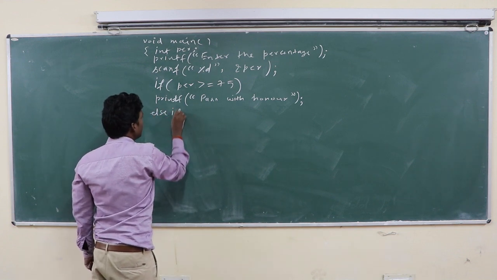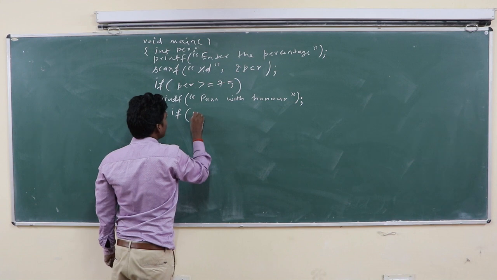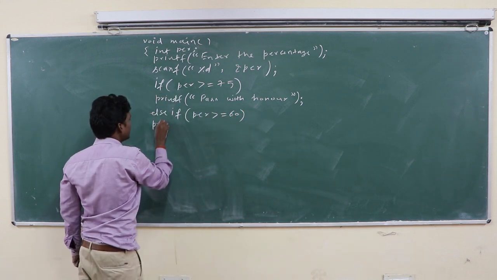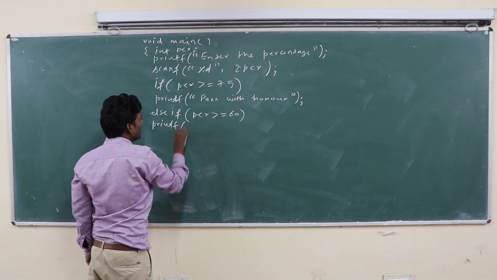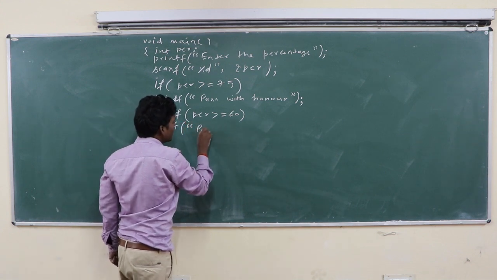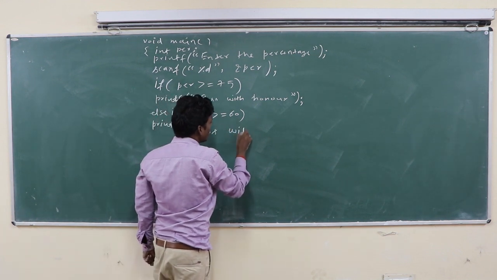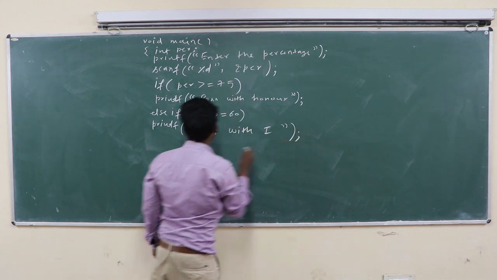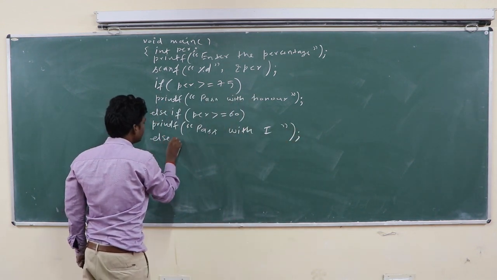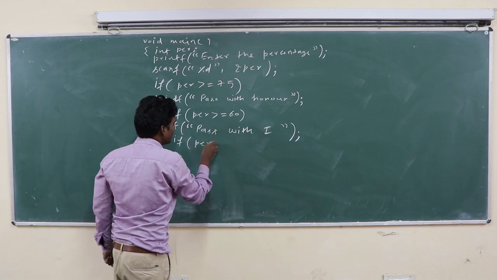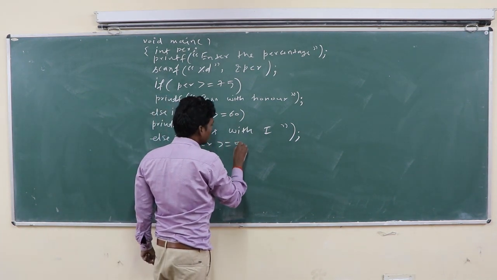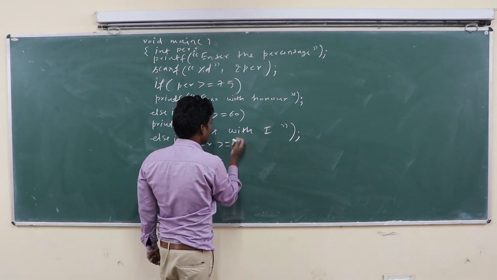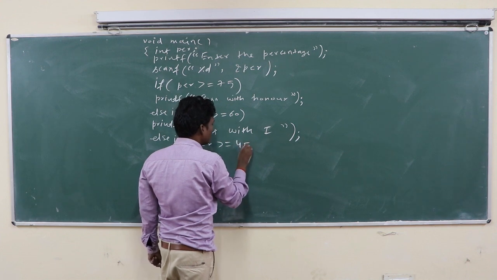Else if PER greater than or equal to 60, printf pass with first division. Else if PER is greater than or equal to 45,